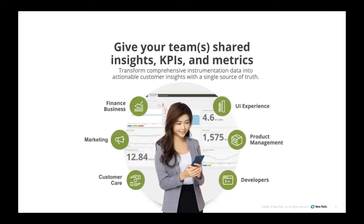But then it's also about how do we give you insights for yourself and your team. So we look at software and deploying software, building software as a team sport. Whereas you are potentially having just one part of that process, what we do is we look at the full experience of your customers. So we can give yourself, your team members, one platform where they can begin to understand the end-to-end process from